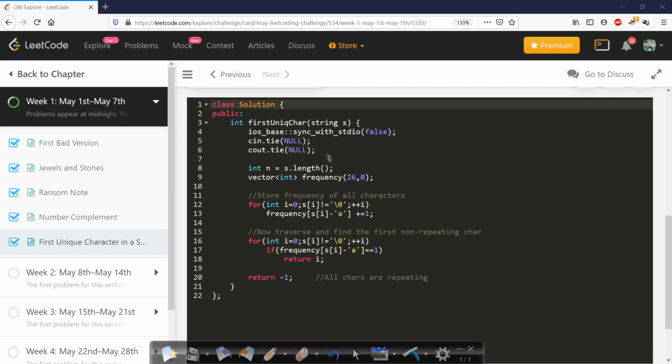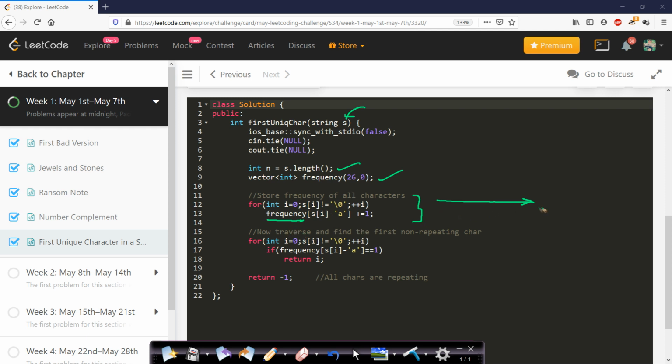So this is the code which I have written. Here we are passed a string, and using this string we will find the length, and also I will create a vector which is basically a hash. Now after creating the hash, we will parse the string once from left to right and store all the frequency values in our frequency vector.